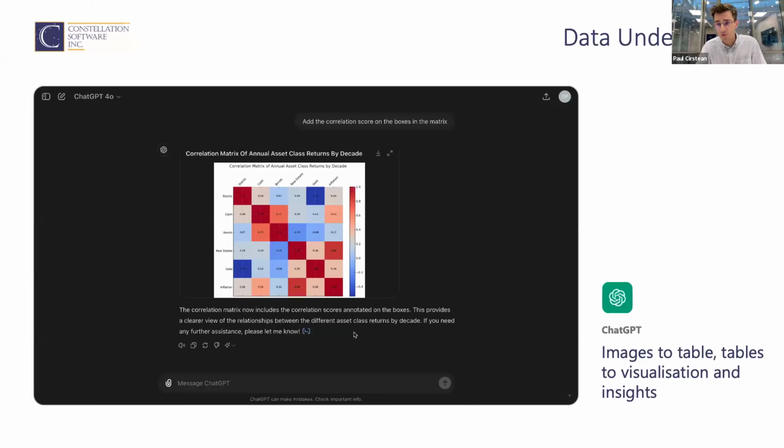So again, with a couple of prompts and without any kind of data analytics knowledge or tools, I was able to find some interesting results. Now, whenever we interact with these models and we ask them to do things, our queries are called prompts. And there is a lengthy discussion that we can have around prompting and what are the best prompting techniques out there. I'm not going to be able to cover this in the short segment that I have today, but if you're interested to learn more about this and to improve the results that you're getting, I highly encourage you